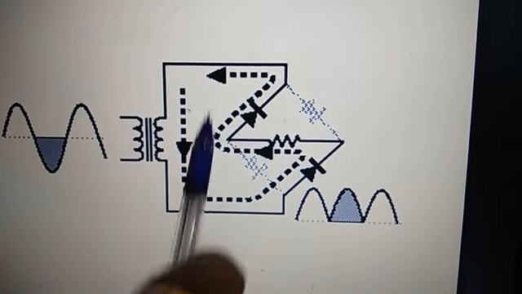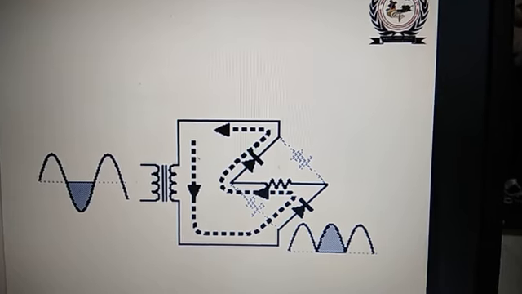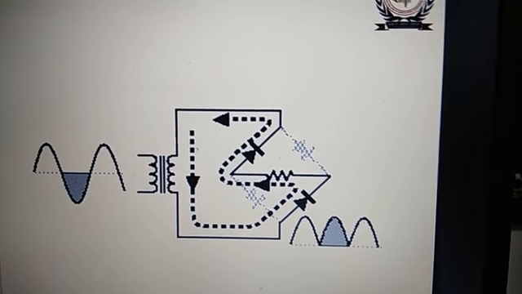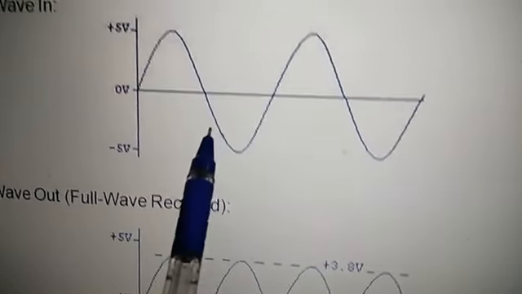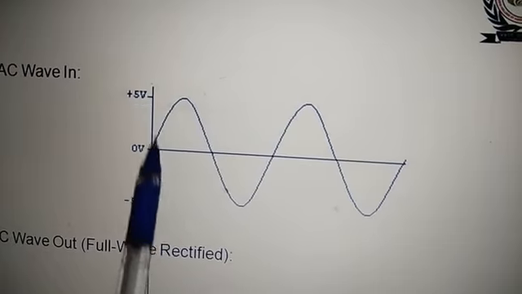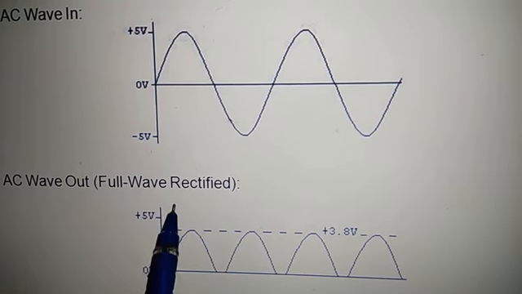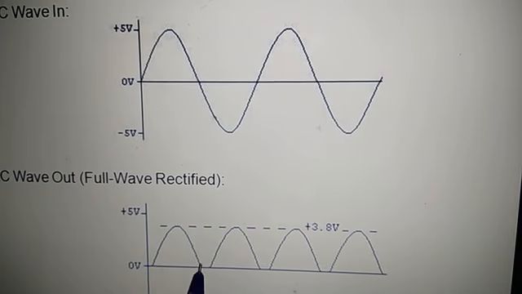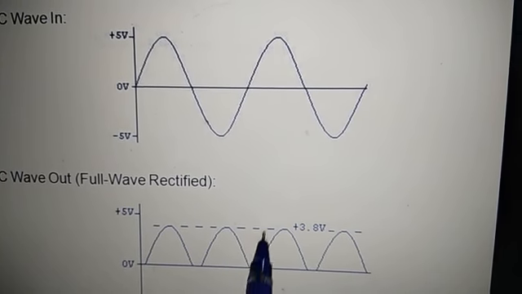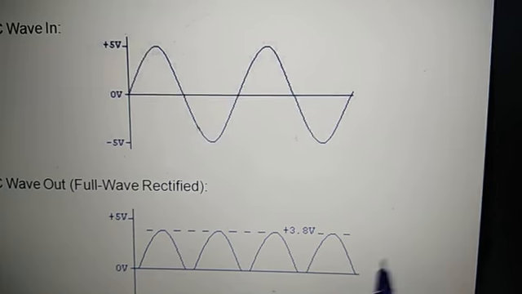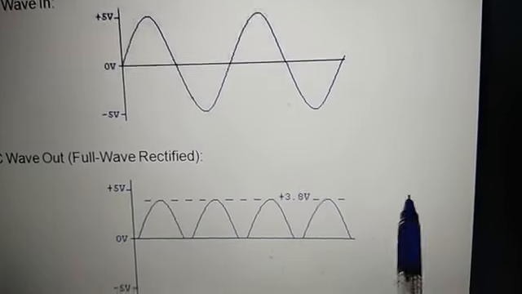This is particularly the bridge as shown here. In the last slide we have seen the bridge also. So this bridge gives full wave in the positive half cycle and negative. This is the input waveform shown here. This is the voltage and this is the time. And this is the AC waveform output. That is the ripple one. This is the positive half cycle, this is the negative half cycle. Again, this is the positive half cycle, this is the negative half cycle. So you will get this value. And the average of this waveform will be the DC.